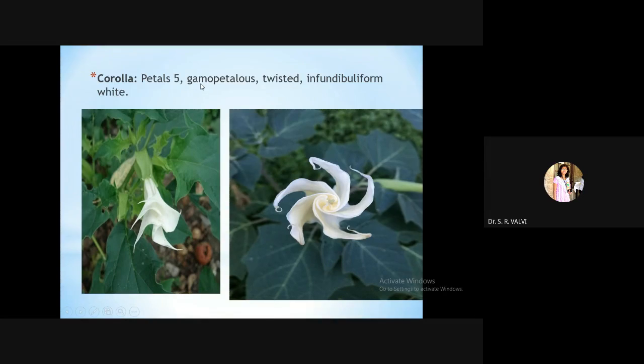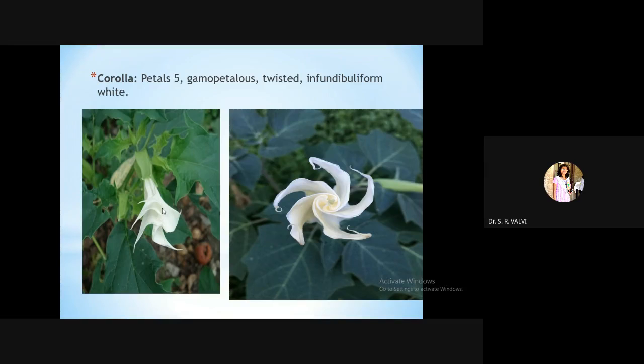So here the next condition is the gamopetalous condition. The next estivation is clear-cut, here it is twisted. Twisted estivation means one end is inside, one end is outside. So one end of one petal is overlapped by the second petal, and it is overlapping the previous petal. Likewise, one end is inside, one end is outside. So like this in-out structure of each of these petals is present, and hence the estivation is twisted estivation,